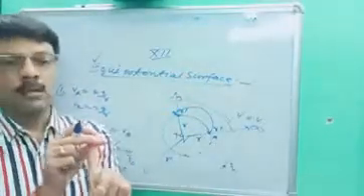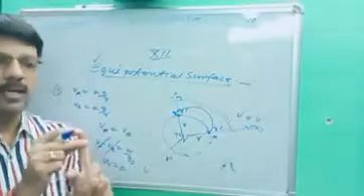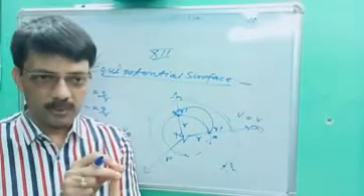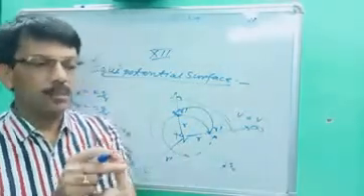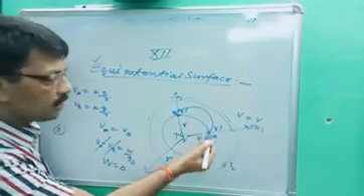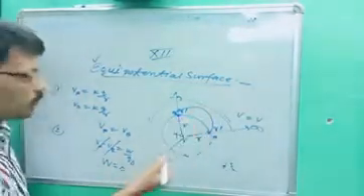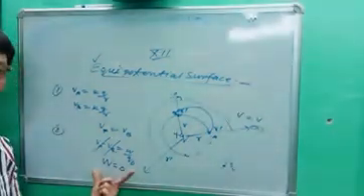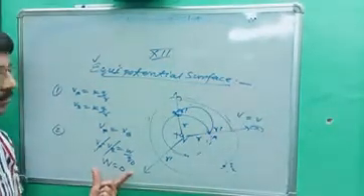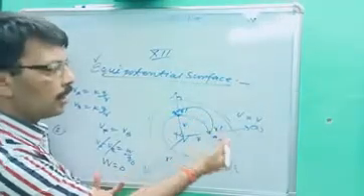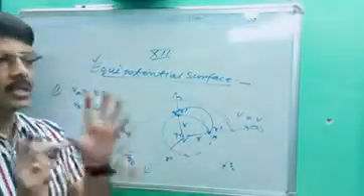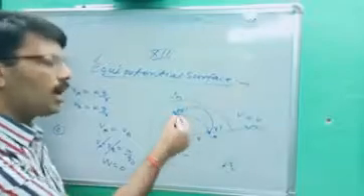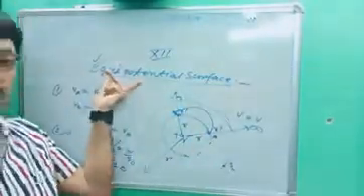First, potential at each point will be equal. Second, two equipotential surfaces don't intersect each other. Third point, electric lines of force are normal on the surface. And the fourth point, work done to bring the charge from one point to another point on the same surface will be 0. It means W is equal to 0. This is a very, very important point. Many times the question asks, what is the work done from one surface to another surface? If we assume A here and B on another surface, no doubt the work done will not be 0. Work done will be 0 if and only if both points lie on the same surface, because we are talking about equipotential surface. So these are the characteristics of equipotential surface.